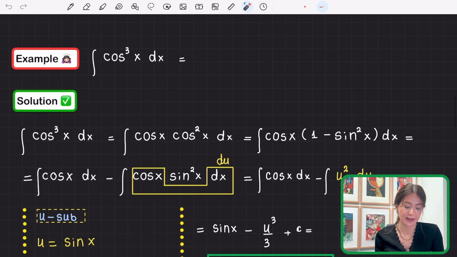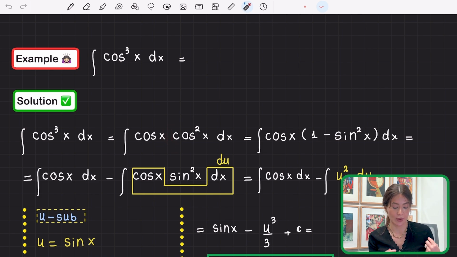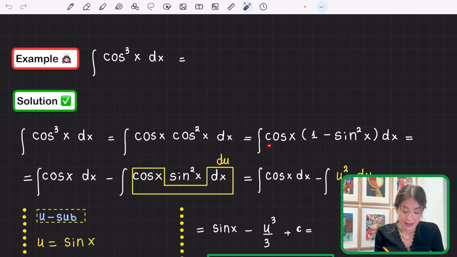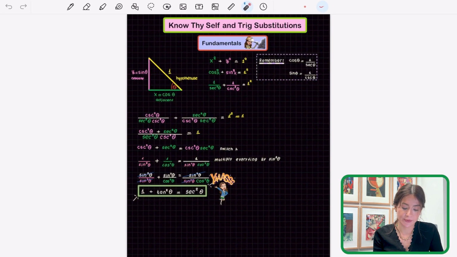Cosine cubed x, that's an odd power. And usually what you're going to be doing a whole lot in this trigonometric integrals section is whenever you have an odd power, you borrow one. So you take one out and then you are left with an even power, right? Because if you take one out of an odd number, you're going to be left with an even number, because odd numbers are nothing but even number plus 1. So this is done in order to get this cosine written in terms of sine square x, which comes from